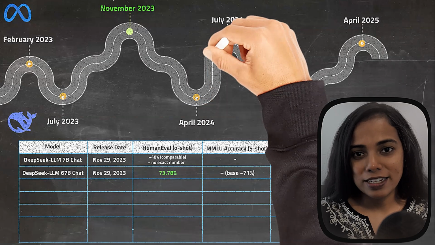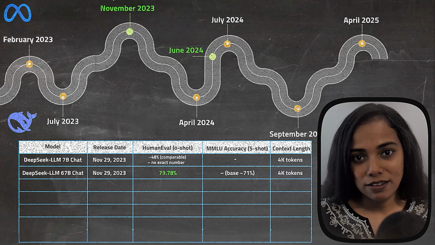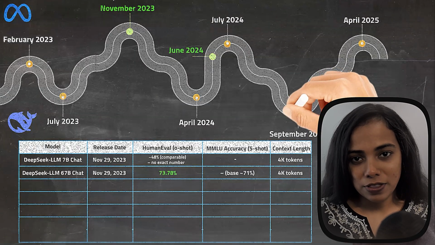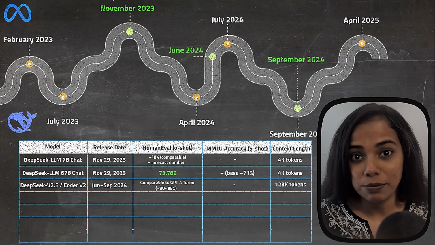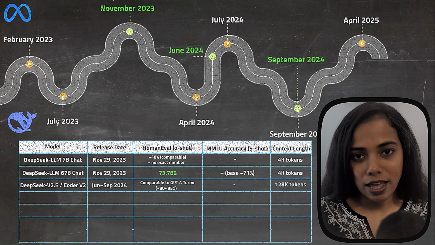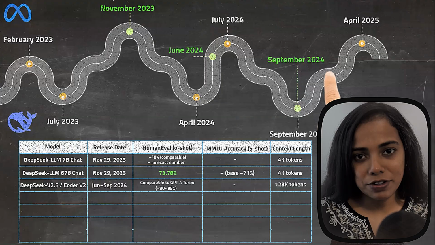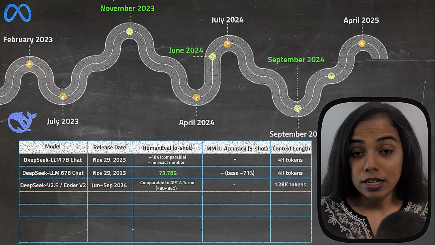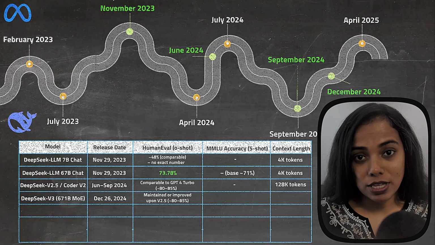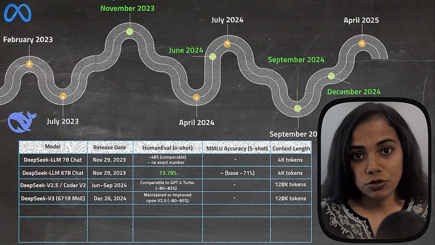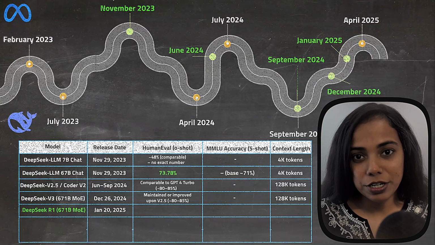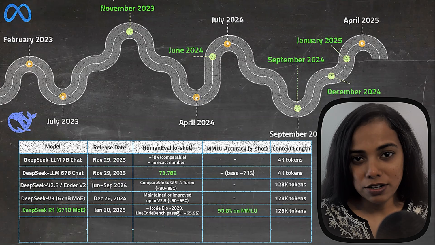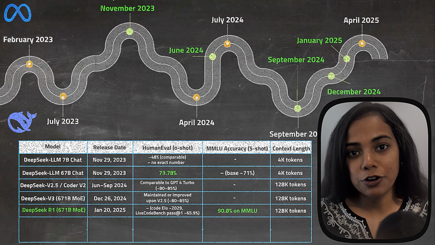But then DeepSeek had another release called DeepSeek V3, where they had a mixture of experts architecture, and as a result of that, the number of parameters ballooned to 671 billion. However, the active parameters were only 37 billion per query for efficiency. It also had a large context window size of 128,000 tokens. And then came DeepSeek R1 in 2025, which was specially trained with reinforcement learning methods for complex reasoning